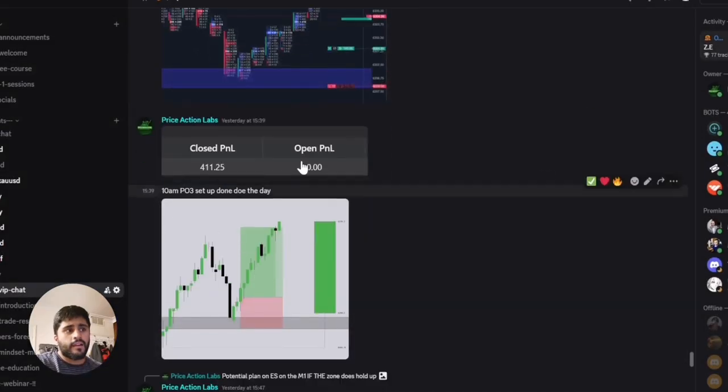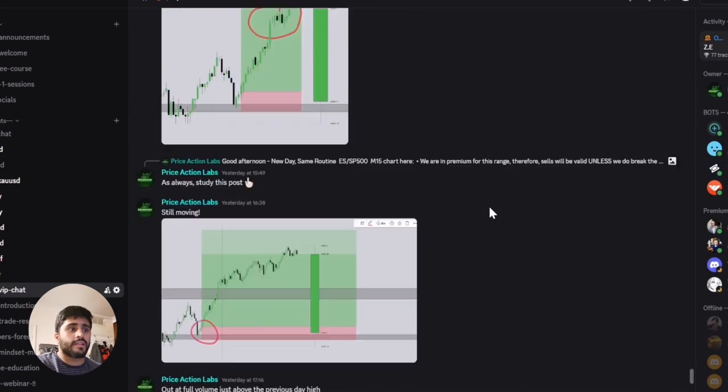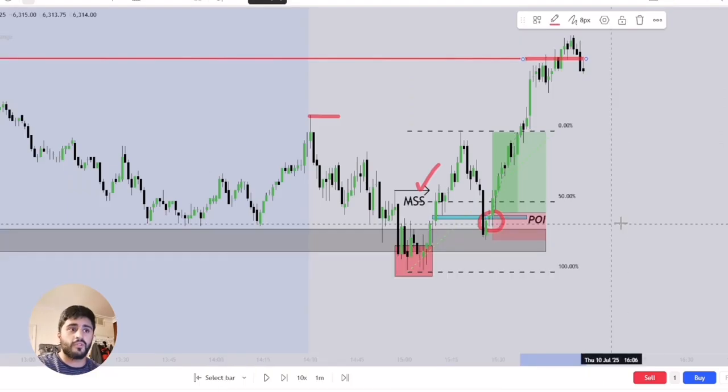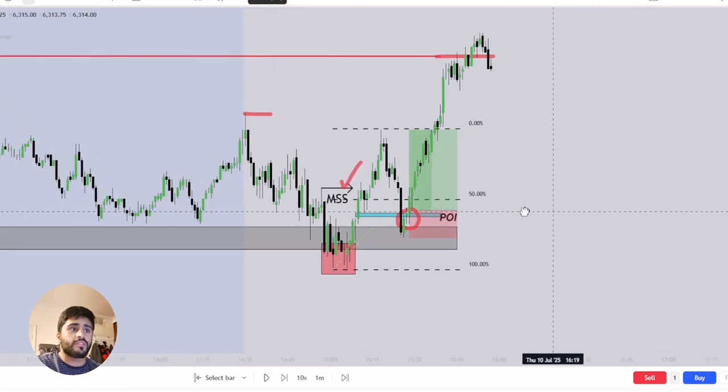So again, just over 400 for the day. And so this is the type of trades that you want to be taking, right? So a 2022 model, if we just kind of break this down,